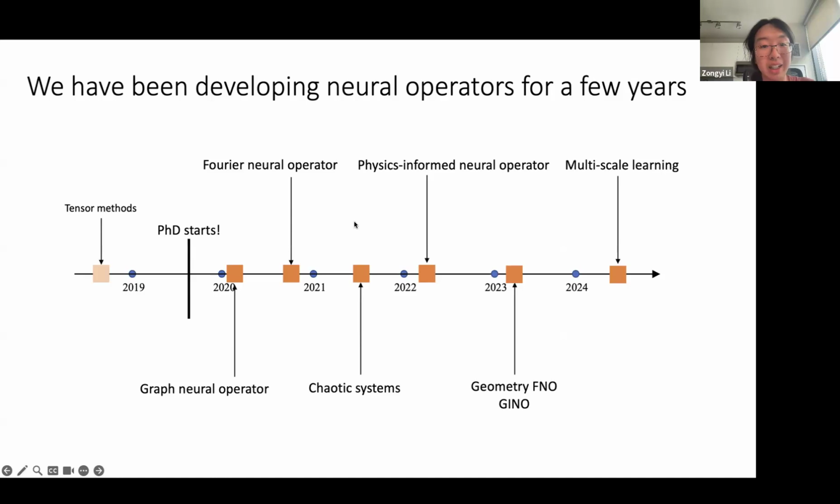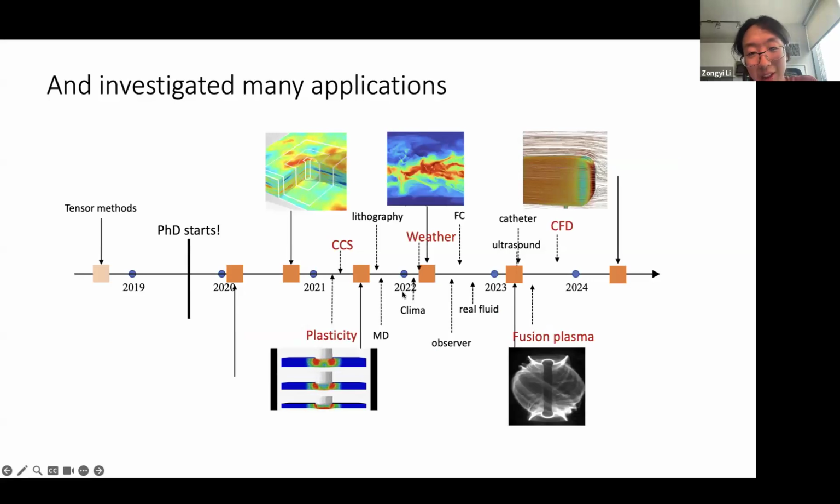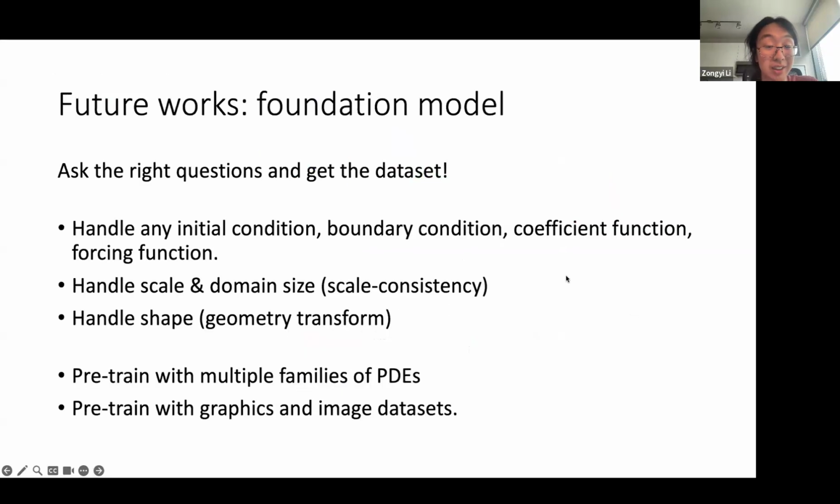Okay, so in the end, this is my last year of my PhD. I've delivered some work I'm really happy about. Also, I'm honored to cooperate with a lot of experts and colleagues to have applications in weather forecasting, also in fluid mechanics and solid mechanics. Yeah, so for future work, I think it's very promising to deliver a foundational-ish model that should be able to generalize across different initial conditions, boundary conditions, and coefficients. Further, it should be able to handle larger scale and smaller scale.